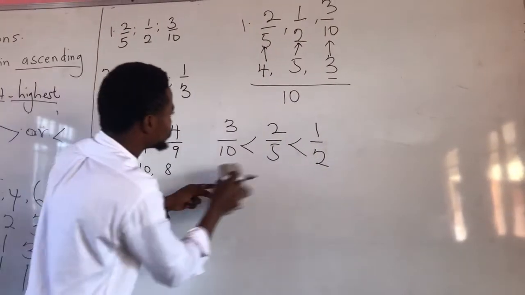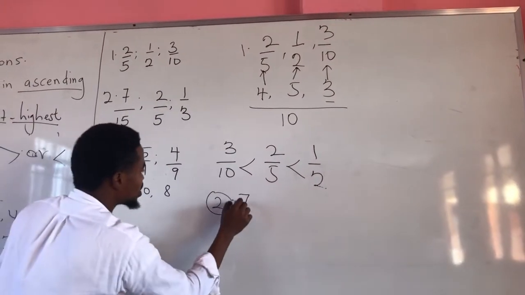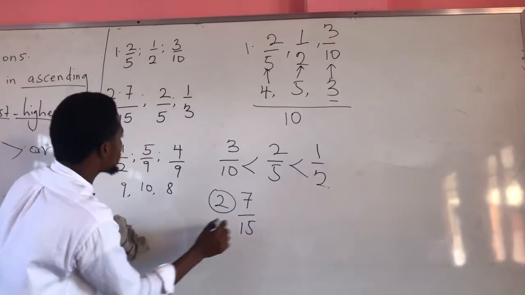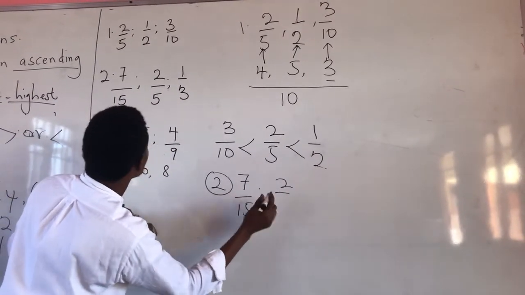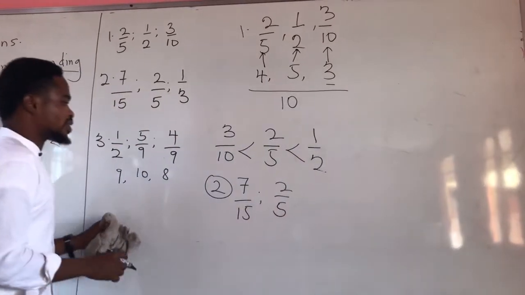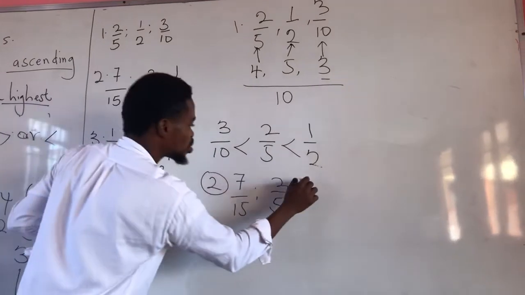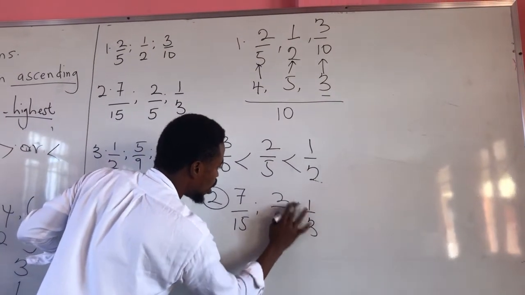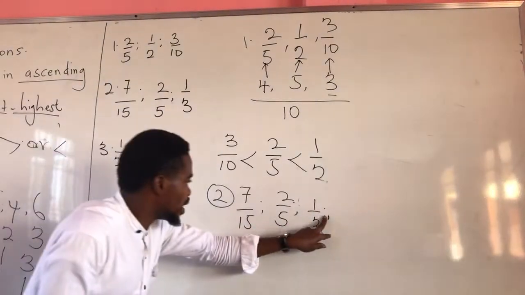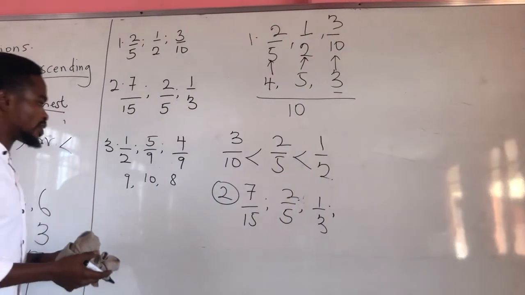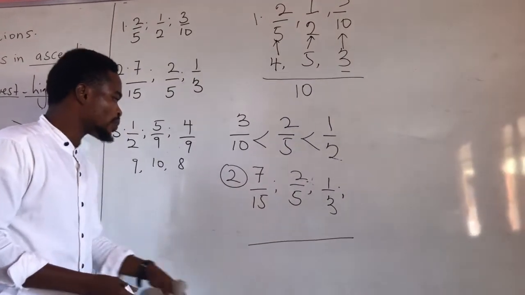The next question, which is question number 2. Question number 2 is 7 out of 15, then 2 out of 5. Then we bring this one, 1 out of 3. Right? Alright, let's continue with this. Now, what are we looking for? What we are looking for is the